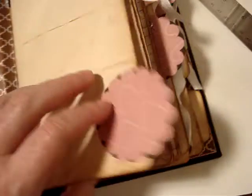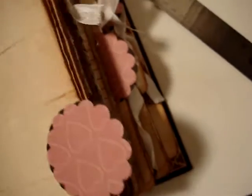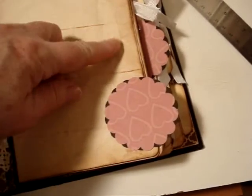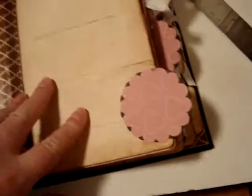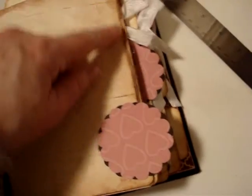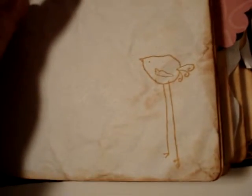Thanks, Denise, for the clue, the idea, and all the little feathery, ribbony stuff that's coming off. Yeah, learning about texture. In addition to tea dyeing all the paper, I distressed all the edges with the vintage photo. And I found a website that prints landscape on paper. So I did that. This is a Technique Tuesday